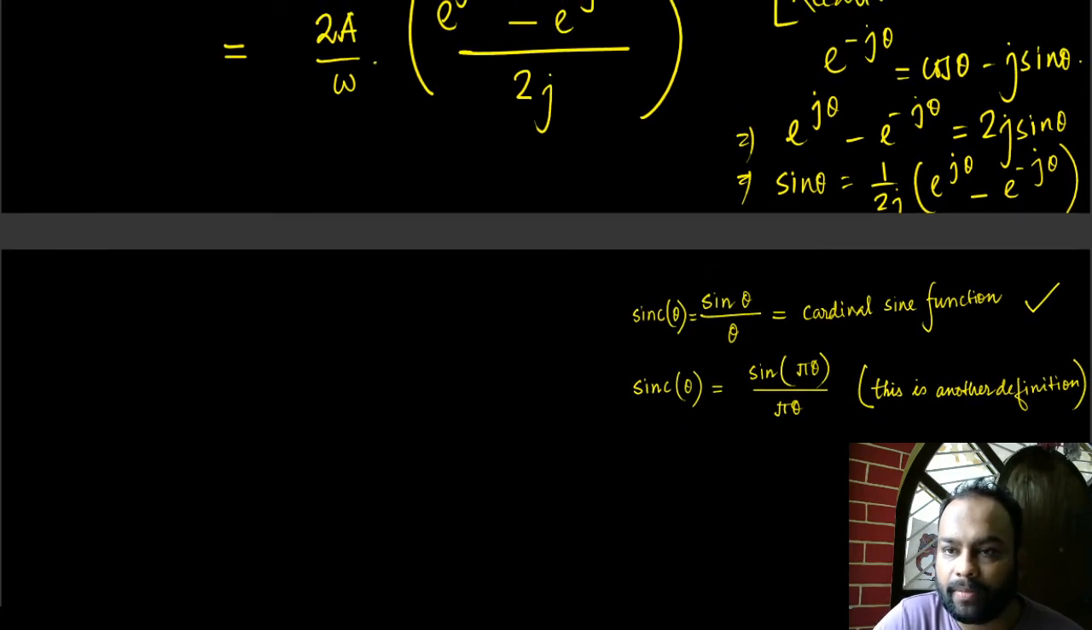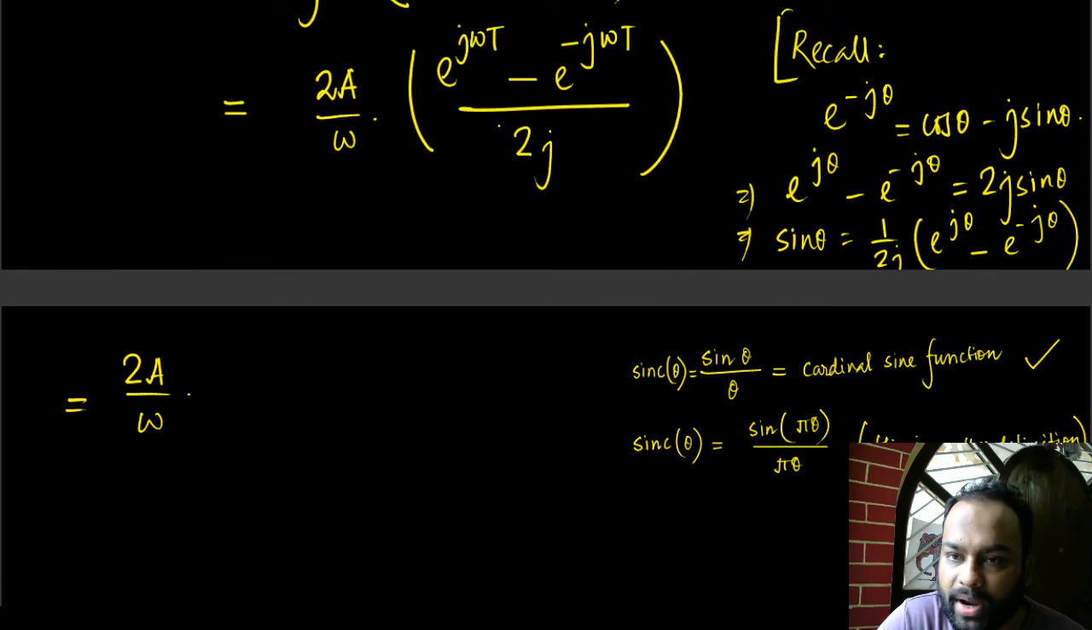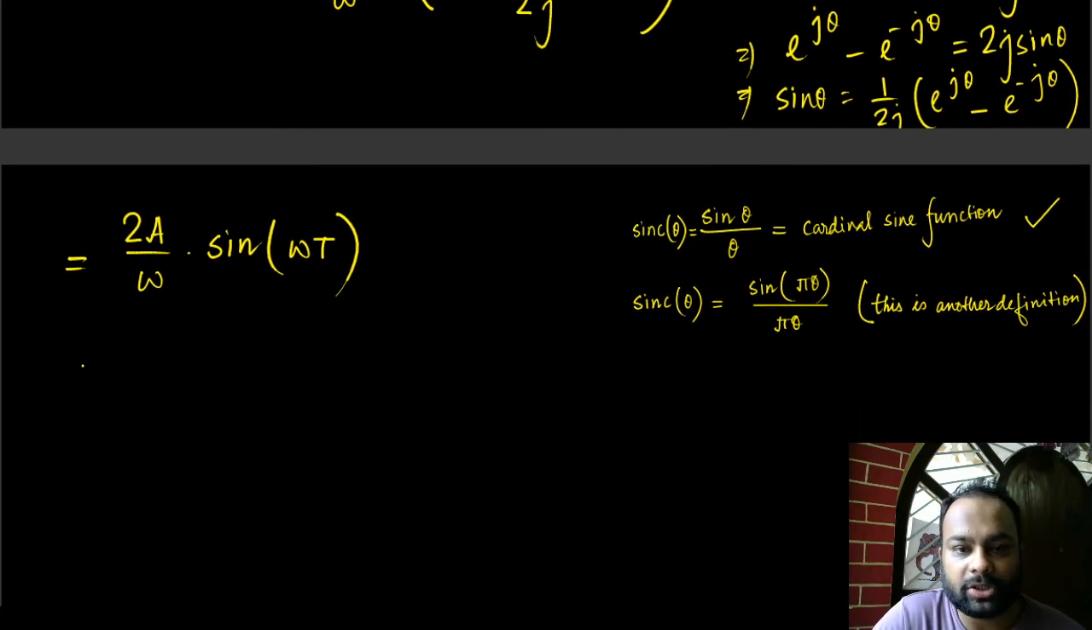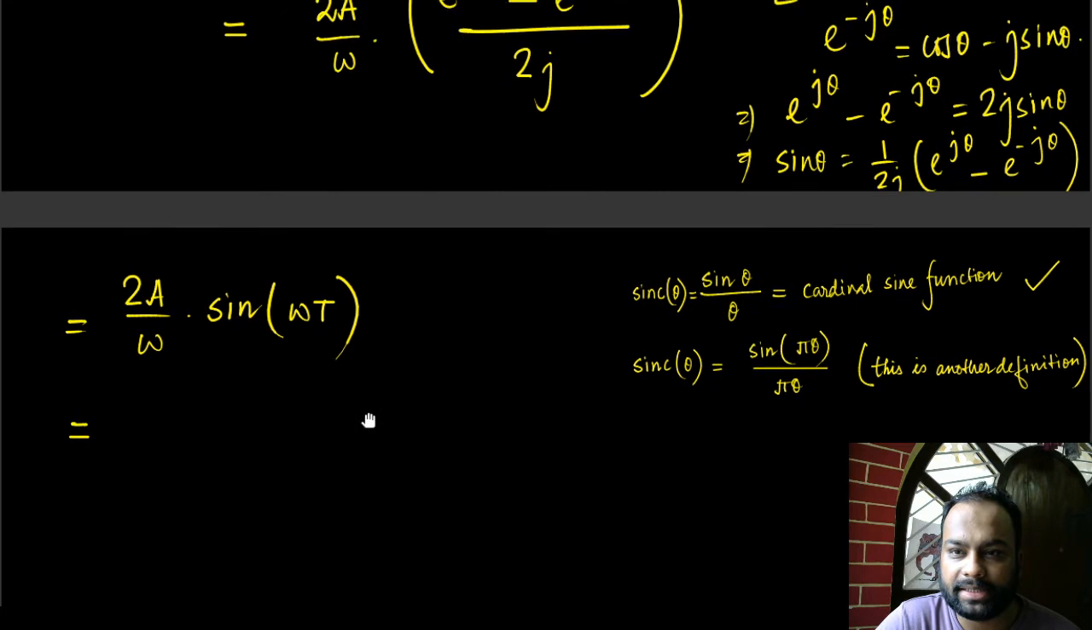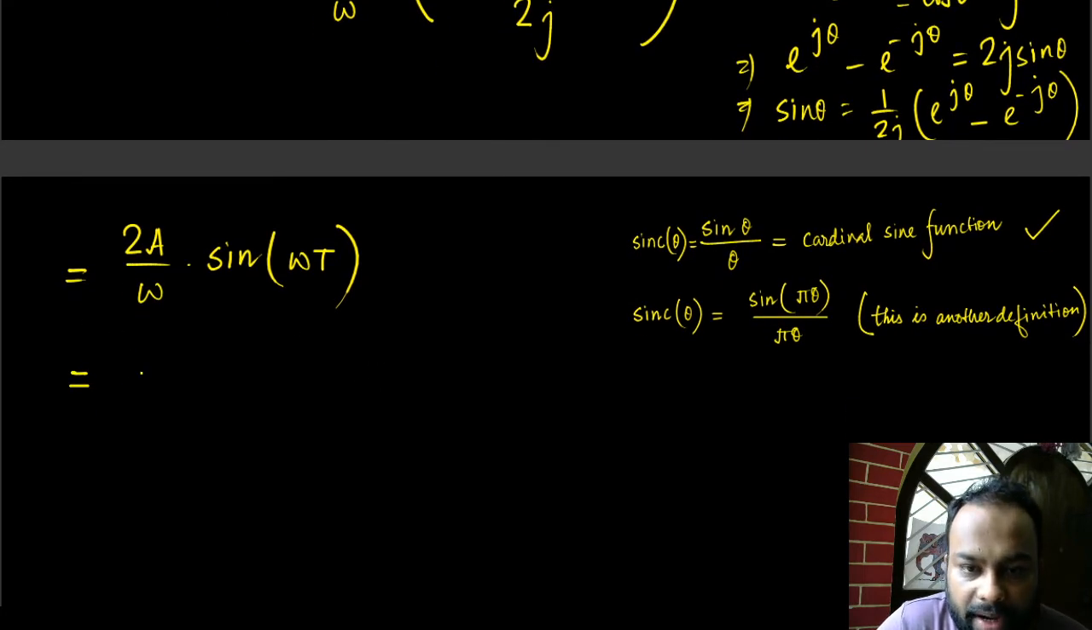So we have this, right? We have 2a divided by omega, and what do I have here? I simply have sine omega t, because omega t is theta here. All right, so just to keep things simple, we can simplify this further